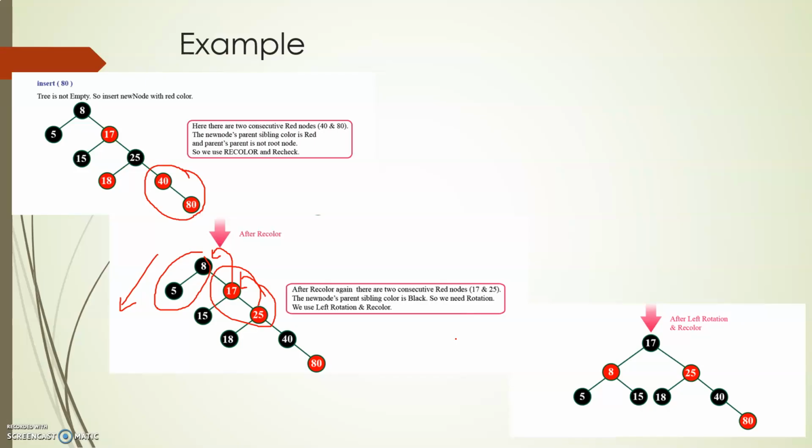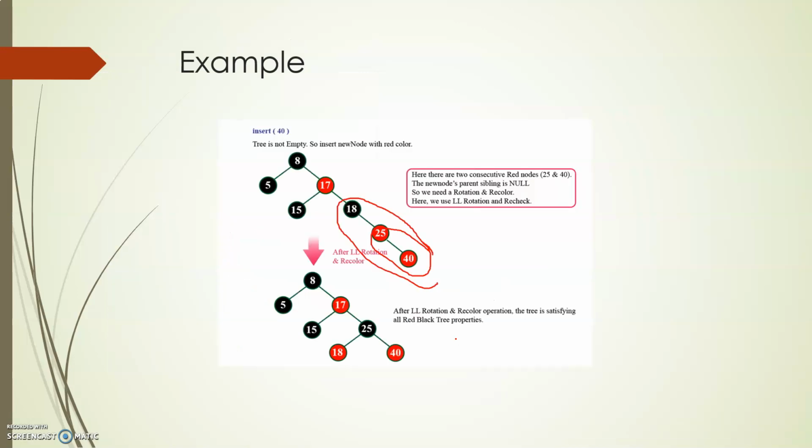Now to delete from a red black tree, it will also follow the same steps. You will first find whether the node is present in the particular tree following the binary search tree instructions. If it is available, you delete the node just like it is done in a binary search tree, and after deletion it will be checked whether all the properties of a red black tree are followed. If not, specific recoloring or rotation is done to satisfy all the properties of a red black tree.